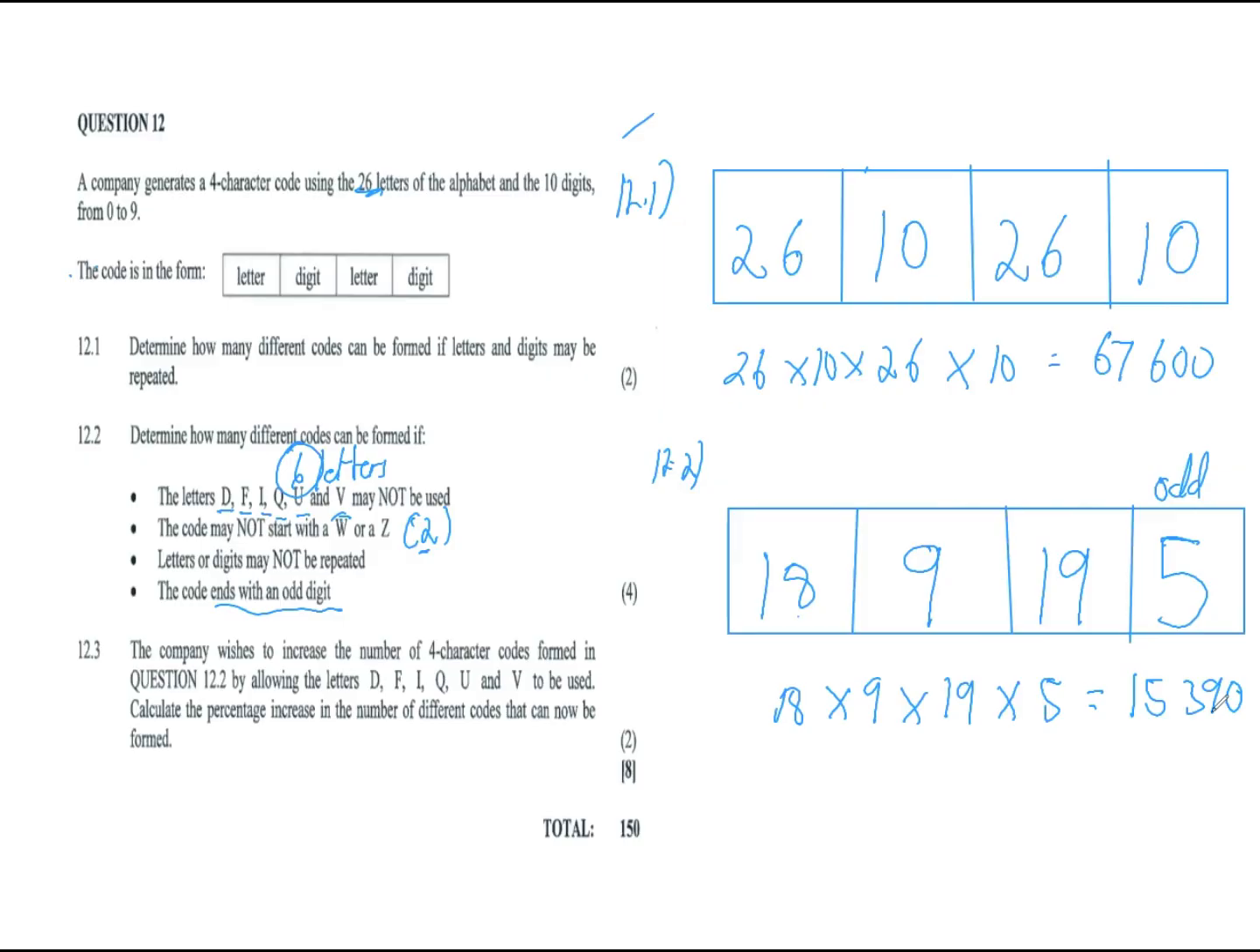15,390. Right. So that's it. Then they're now saying the company wishes to increase the number of 4-character codes formed in question 12.2 by allowing the letters D, F, I, Q, U, and V to be used. So the ones that they initially excluded, they're now saying you can use those ones because now we can see that we are having a shortage of codes. So now let's allow those digits that were formerly not allowed to actually be in the mix of the sample